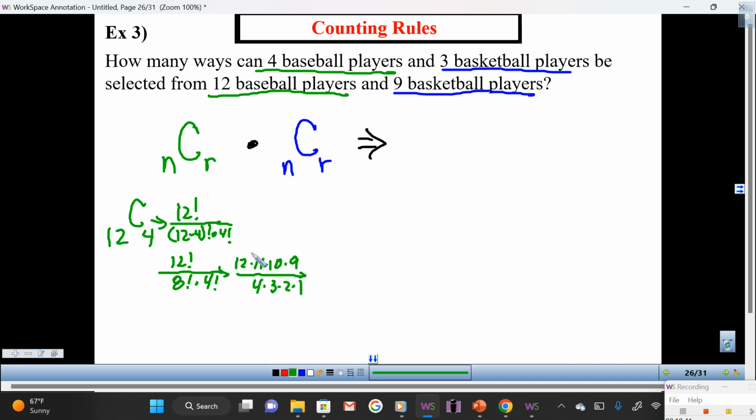What is 99 times 12? 1,188 divided by 24, and that gives us what? So we got 495 times